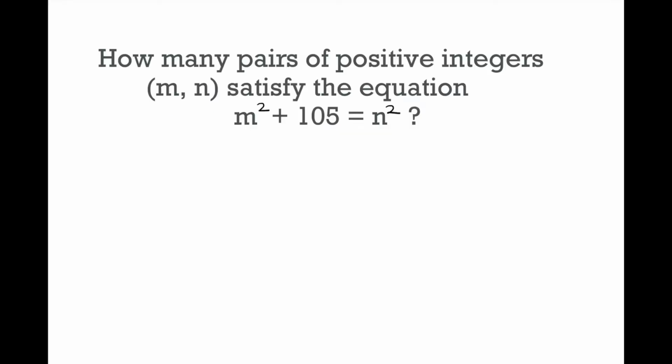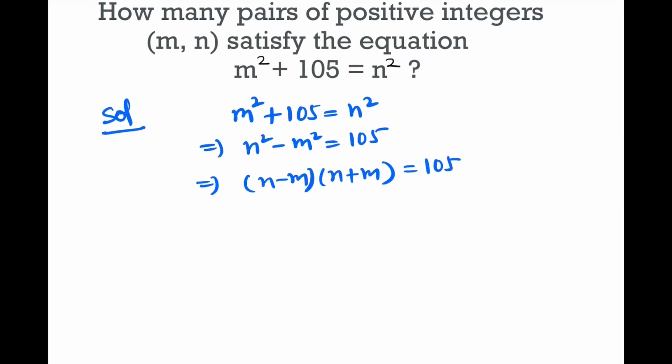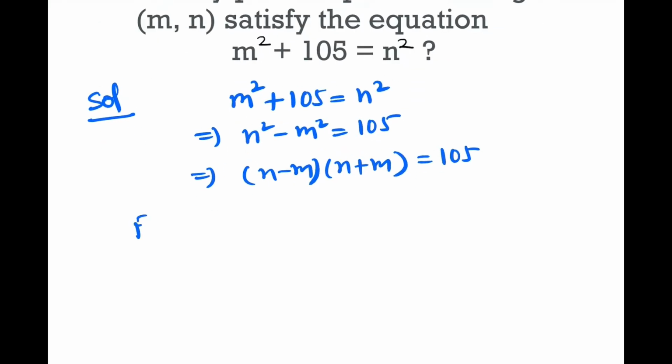How many pairs of positive integers m, n satisfy the equation m square plus 105 equal to n square? So we have the given equation m square plus 105 equal to n square. This implies n square minus m square equal to 105, or this implies (n minus m)(n plus m) equal to 105. So we need to find